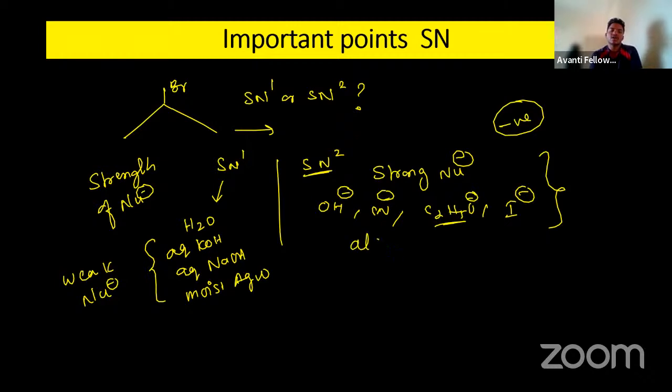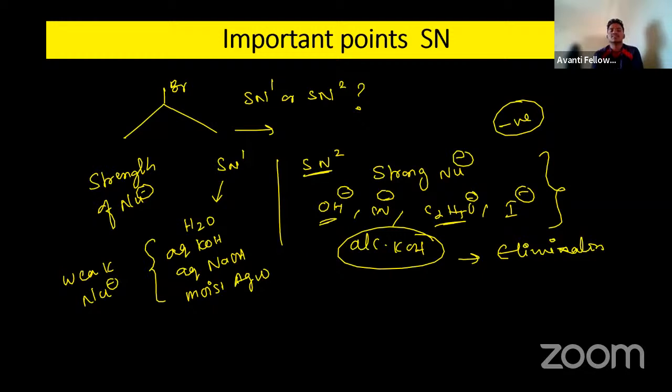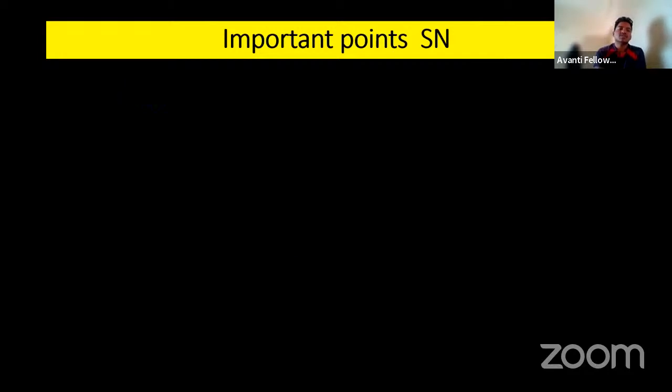If they have given alcoholic KOH, simply remember this will undergo elimination. But if simply KOH is given, then you can go to the SN2 mechanism. So now if I'm giving you OH minus, OH minus is a strong base, so this one will become SN2. Another very, very important thing you people remember, whenever you have ethers like ROR, it will always